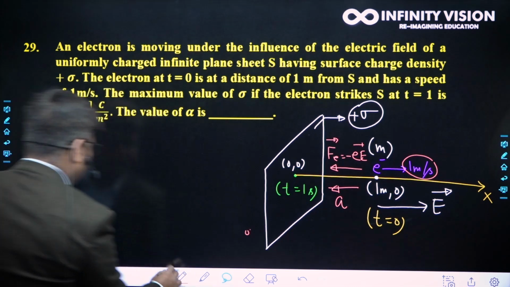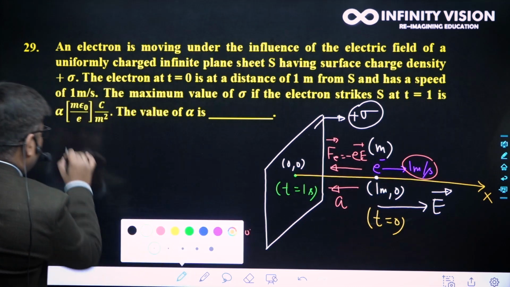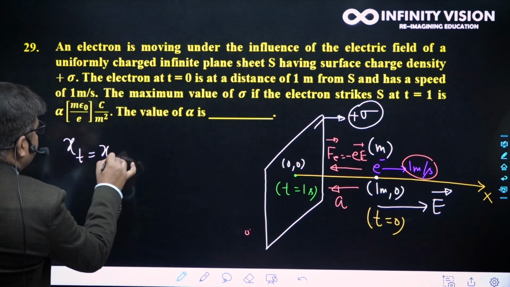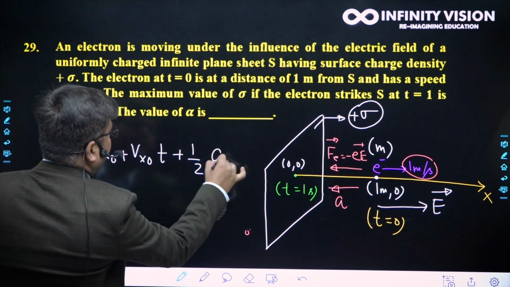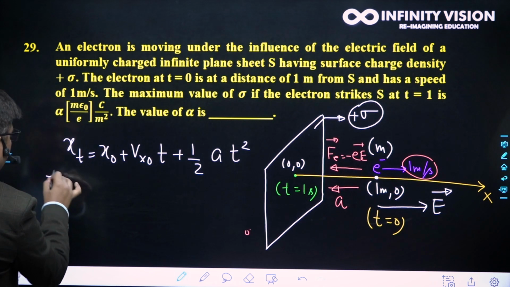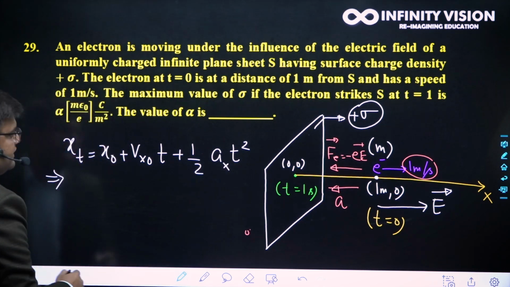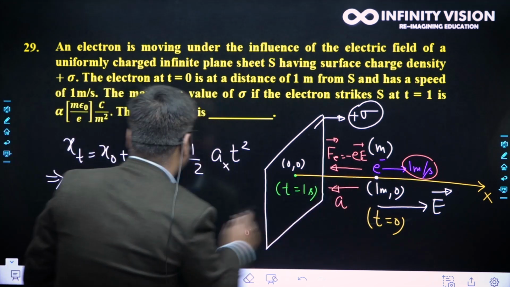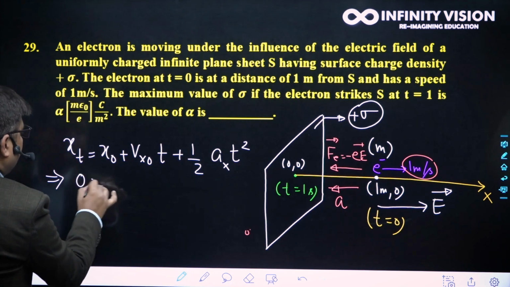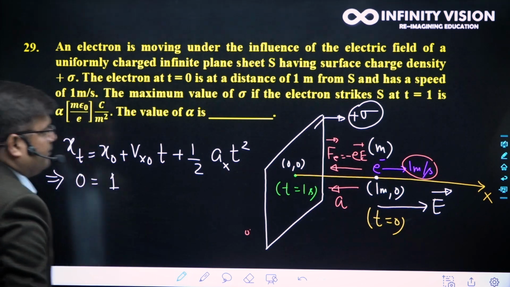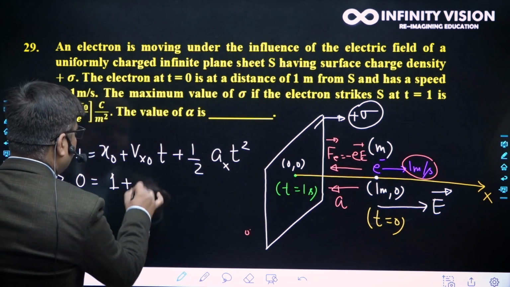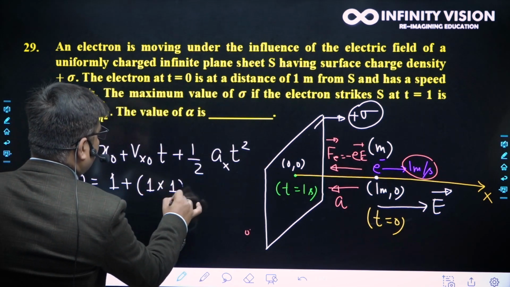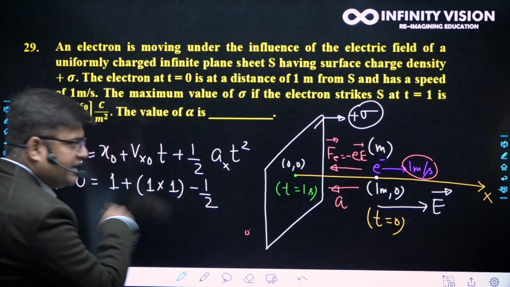Now applying our kinematic equation along the x-axis, x_t equals x_0 plus v_x0 t plus half a t squared. This is the final instant, this is the initial instant. At the final instant, the coordinate is 0. At the initial instant, the coordinate is 1. The initial velocity is toward the x-axis, so it is plus 1. Time is 1 second. Now acceleration is toward the negative x-axis, that's why we